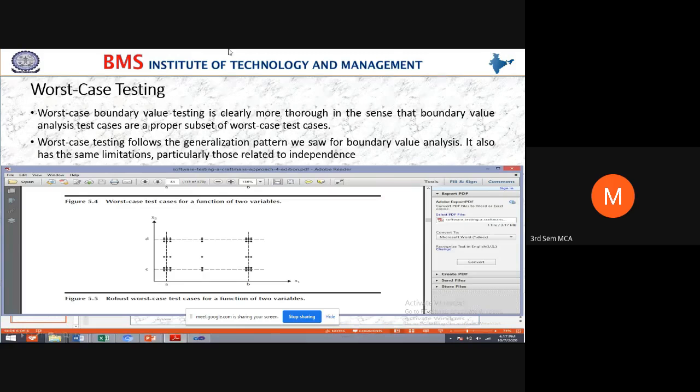The boundary value analysis test cases are a proper subset of the worst case test cases. The meaning of this is, when we write a test case, we have to think in the worst case. Students, if we develop any application, the end users, the common man who uses our application, may not know what type of input to give.